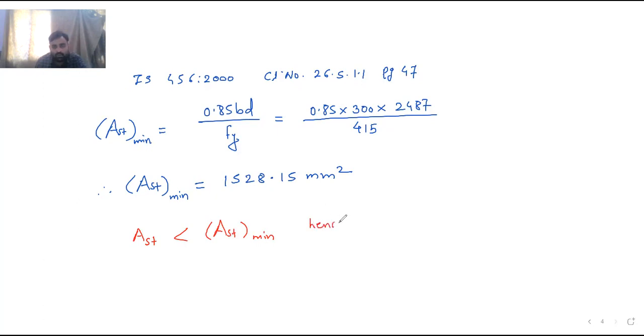Hence provide reinforcement according to AST minimum. So therefore calculate the number of bars now. So I will use 25 mm bar diameter. Use 25 mm diameter bars. Now if I use 25 mm diameter bars, the number of